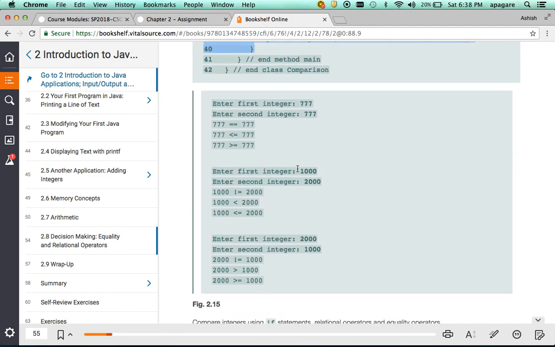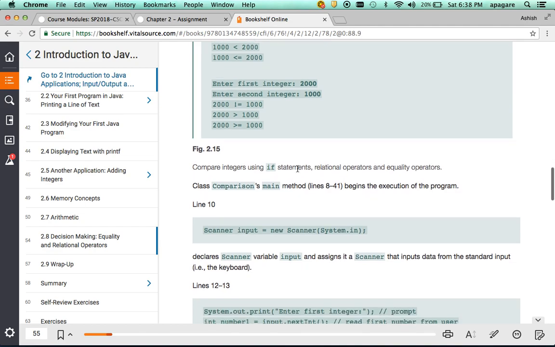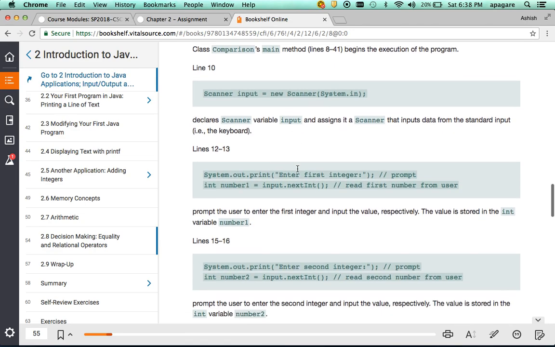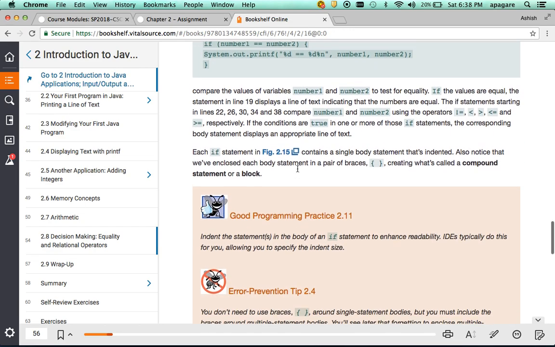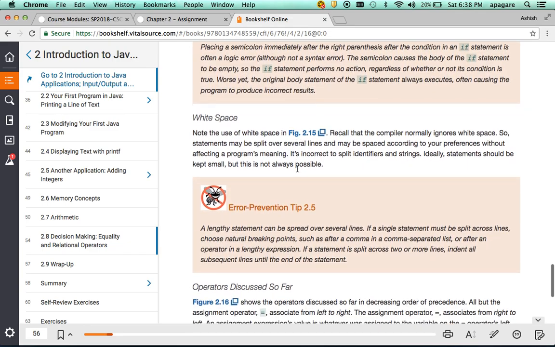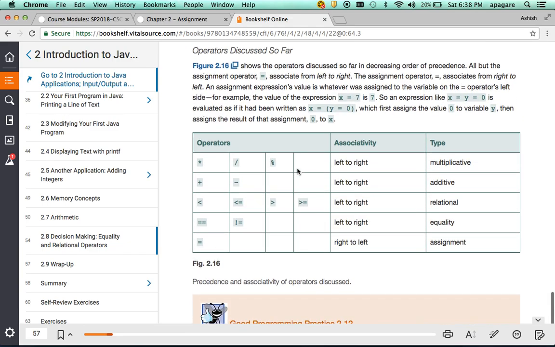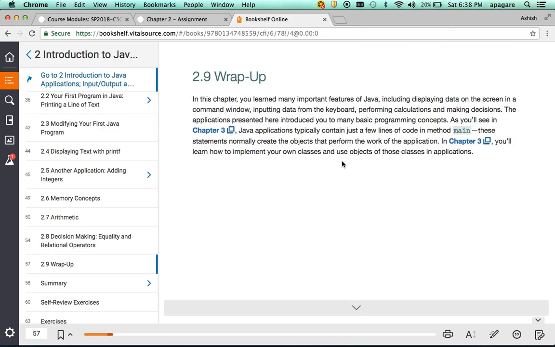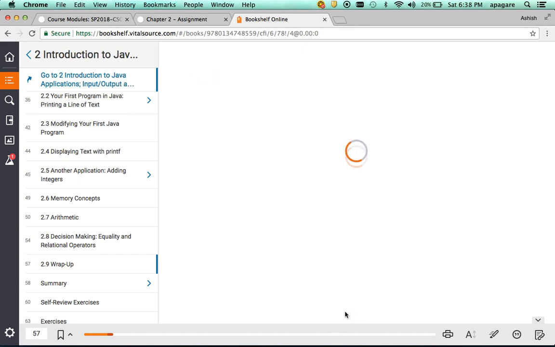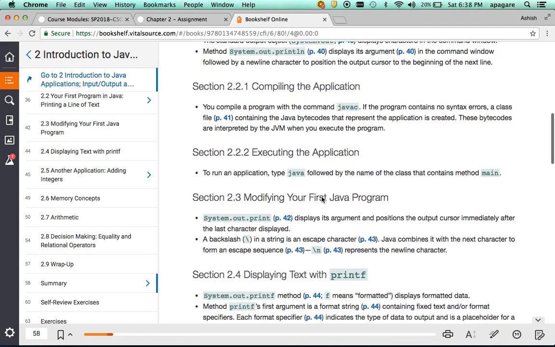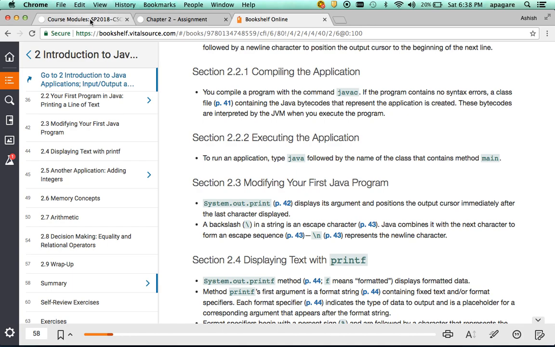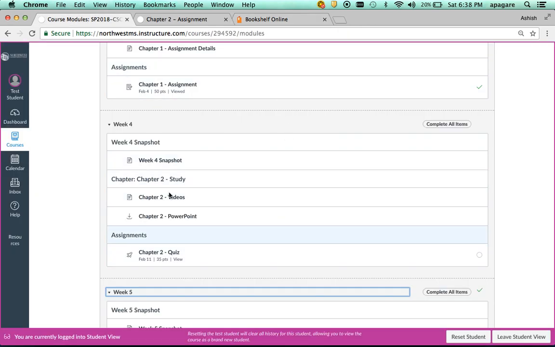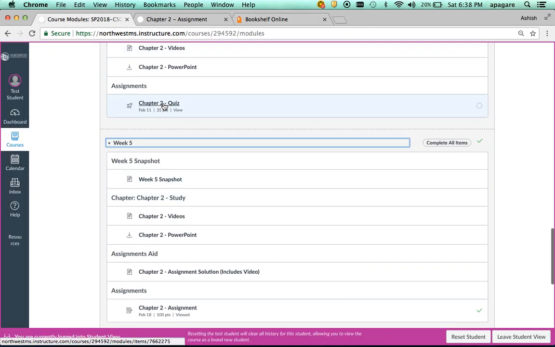And here as well, they are having some examples which will correlate to what I'm doing. Same thing. I have explained all these concepts to you. And this is where we reach the end of this chapter. You have some wrap-up points, a summary of things we have learned. What I would like to do is go back here and mention that we have a chapter